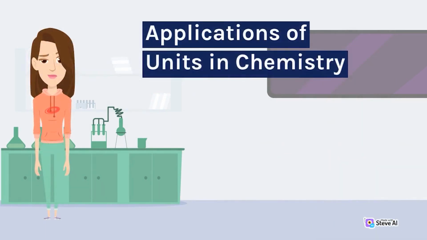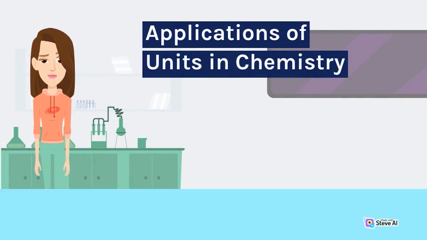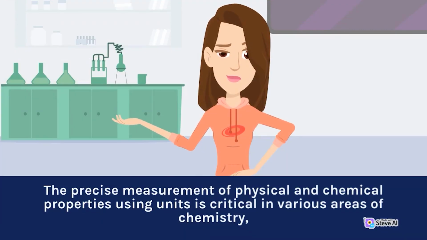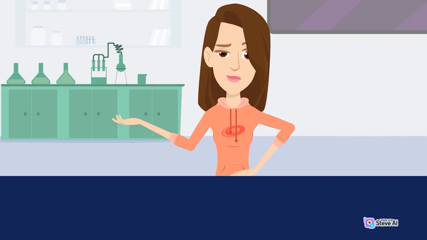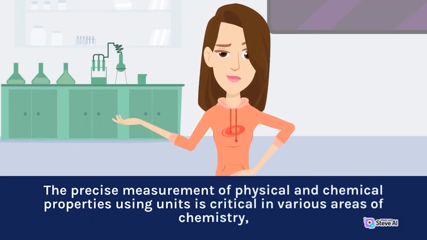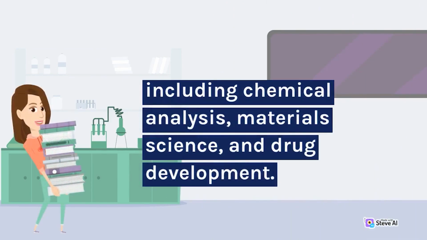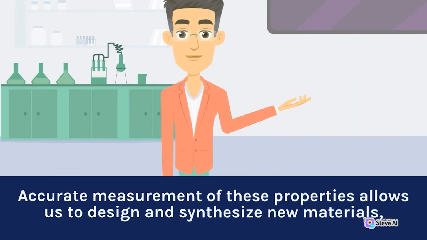Applications of units in chemistry. The precise measurement of physical and chemical properties using units is critical in various areas of chemistry, including chemical analysis, materials science, and drug development. Accurate measurement of these properties allows us to design and synthesize new materials,